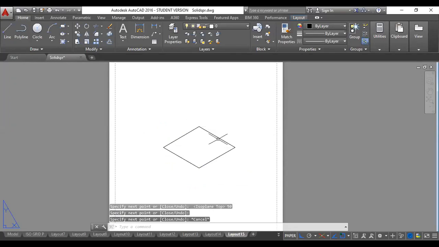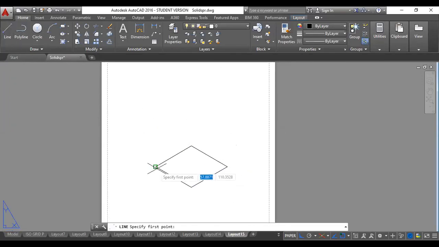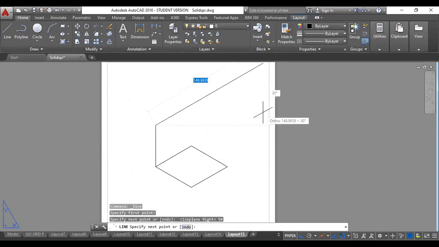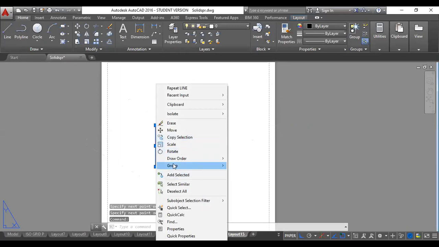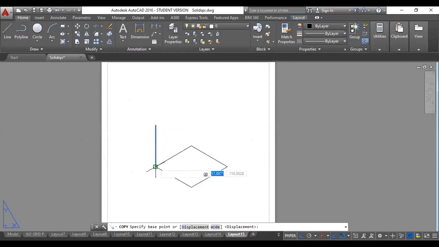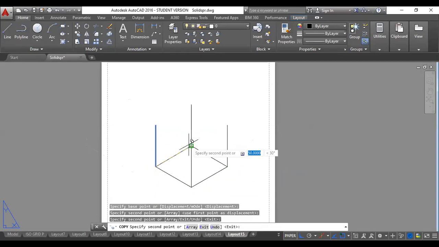So this becomes the base of the cube, 50 by 50. I just take the line command, and from each corner, now look here, I want a vertical line. So to change its orientation, press F5. Now it is asking what is the length, 50, enter. So this line I can copy, just right click, say copy selection from the corner,